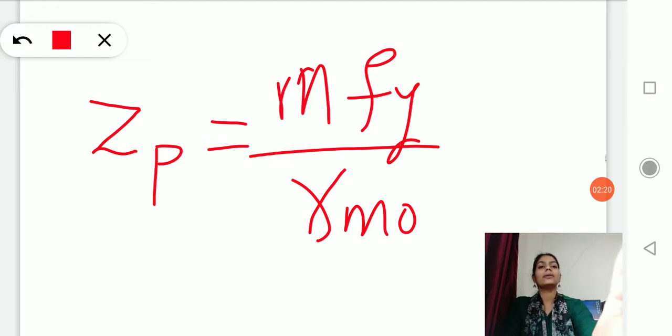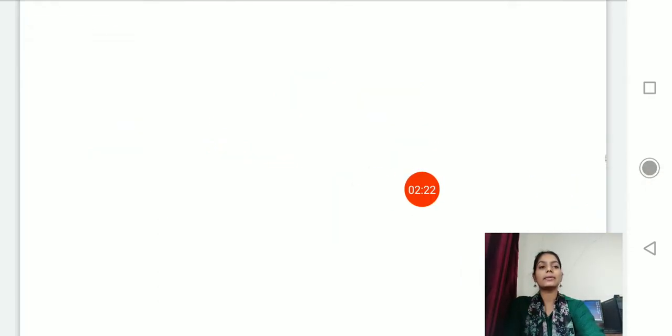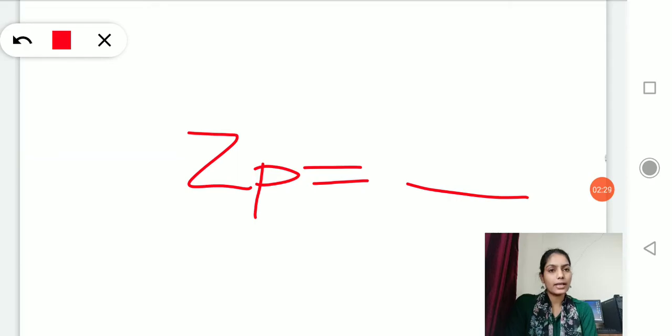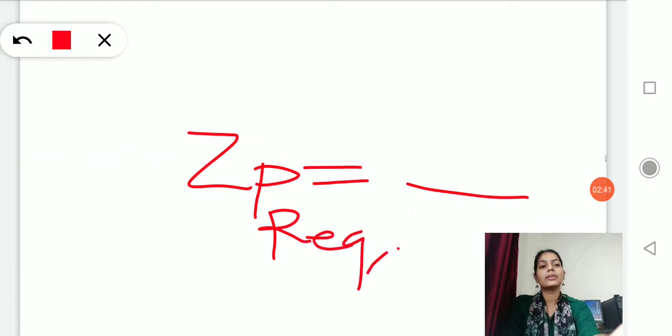Okay, once we calculate the ZP value, we select an I section from the steel table as a beam. But what's the criteria? The criteria says that whatever ZP is required, you have to select the section which has a greater plastic section modulus than the required one, and accordingly you choose your section from the steel table, right?